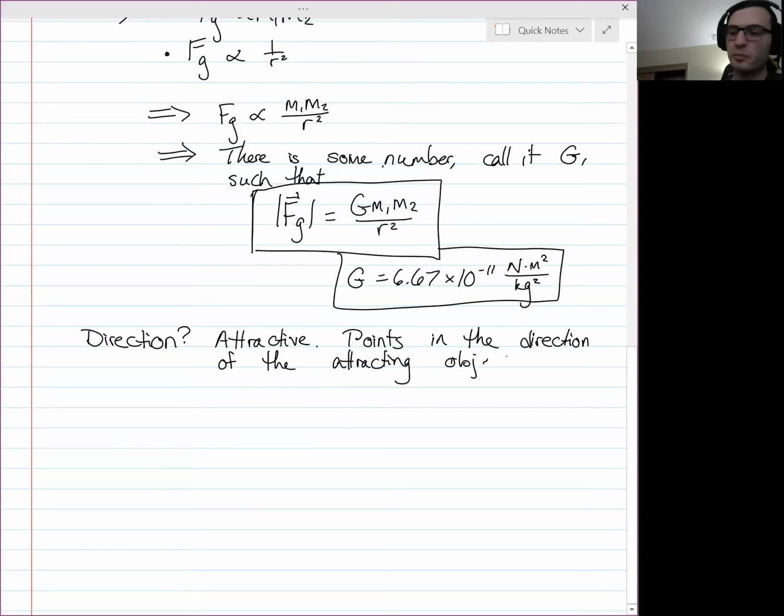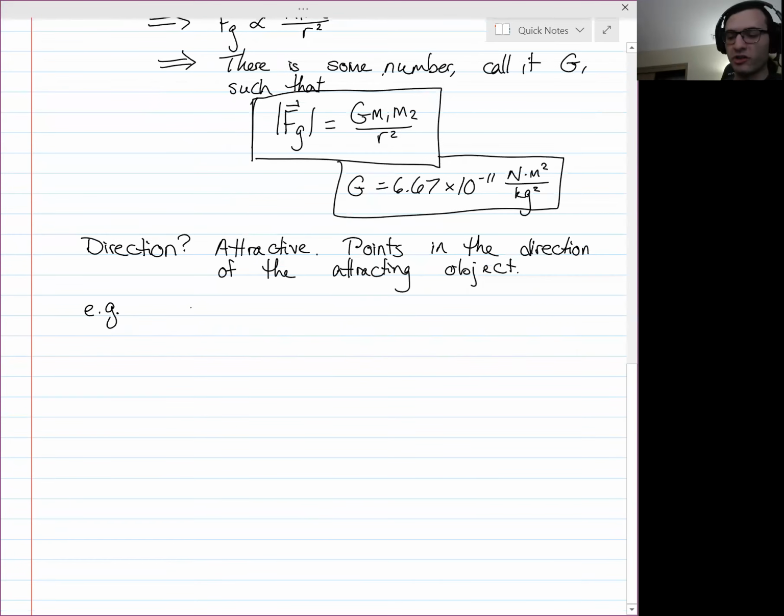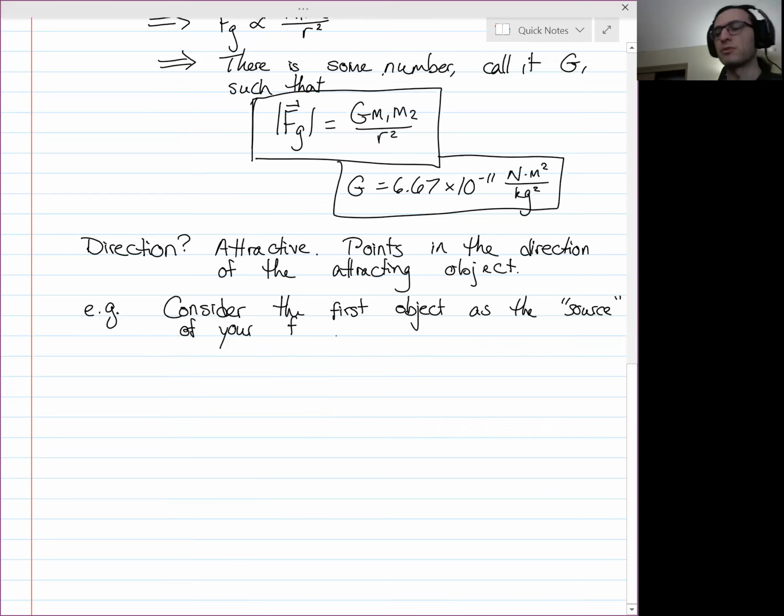So I'll give an example. And this is typically how we'll handle these types of things. Let's consider object 1. And by the way, I'm just going to be referring to these things as object 1 and object 2, because that kind of coincides with mass 1 and mass 2. They're just two things with mass that are attracting each other. So consider the first object as the source, putting "source" in quotes because it doesn't really make a whole lot of sense, of your force. So if you want to figure out the direction